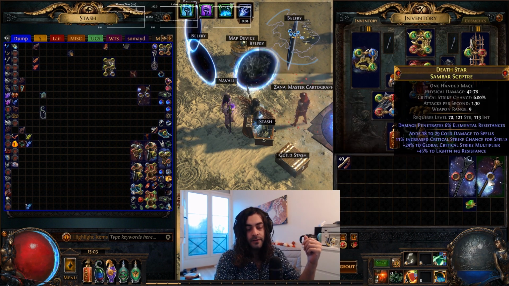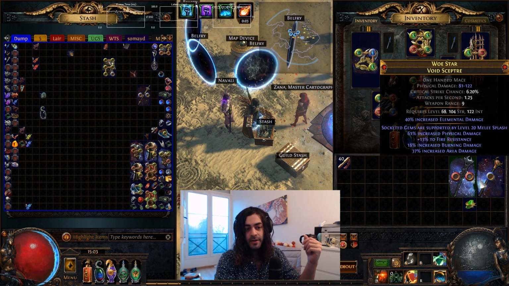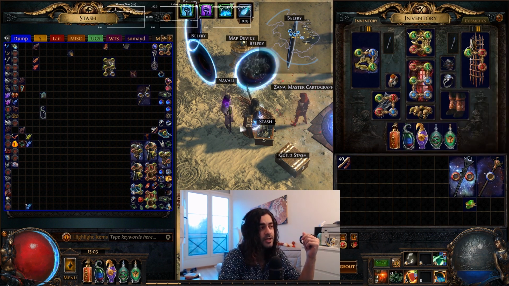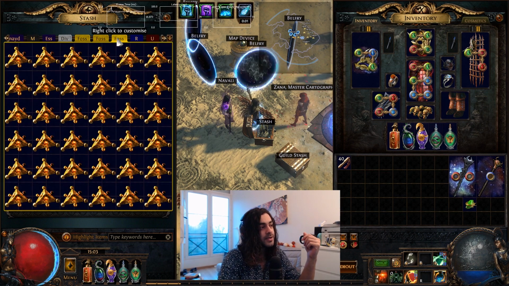So here for today, I'm crafting both a Sembar Scepter and a Void Scepter. Those are two different implicits. This one has 40% increased elemental damage, and this one has 6% penetration. The fossils used will be